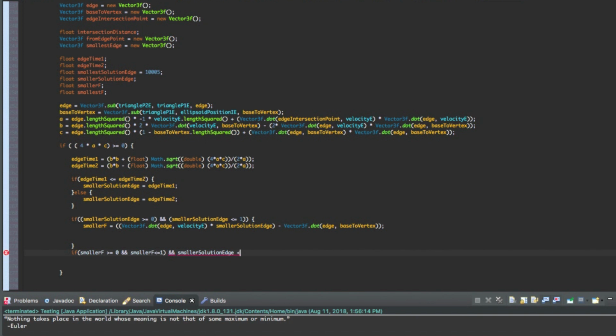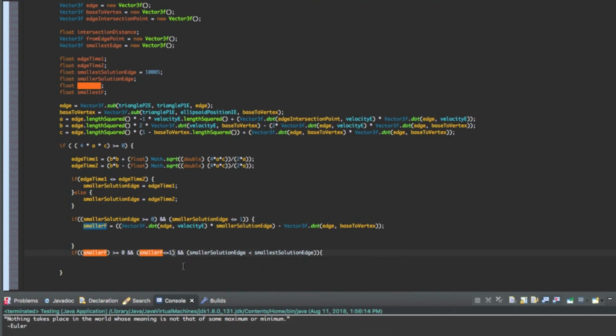So the first check is to see if it's within the time 0 and 1, and the second check between the edges is to see if that is the smallest time, because we only want the first collision, of course. And so if both of those hold true,